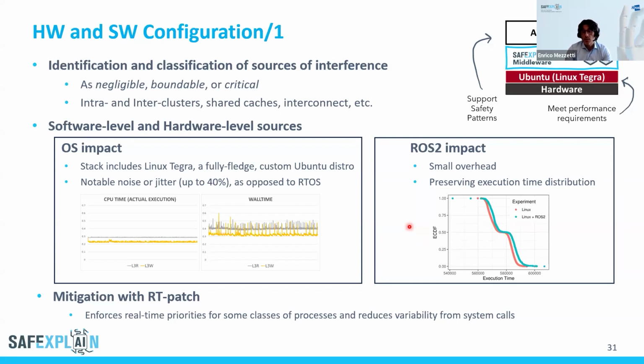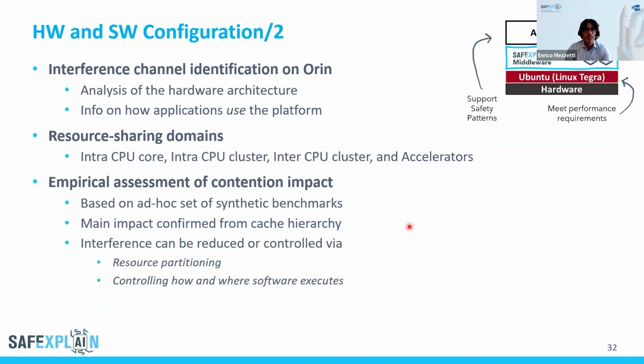And we've been analyzing them. We'll be applying the real-time patch in order to enforce real-time priorities for the most critical part of the system, and to reduce the variability coming from the system calls in the operating system. And it's meant to support the assumption from the safety pattern and the performance requirement in the platform at the